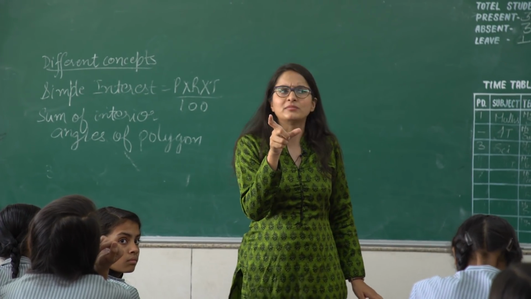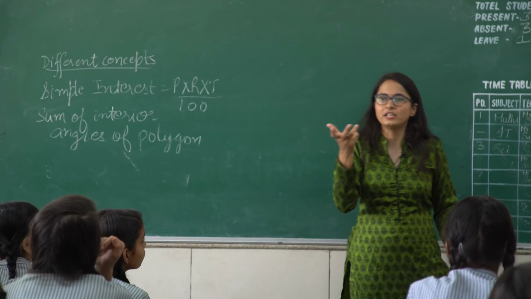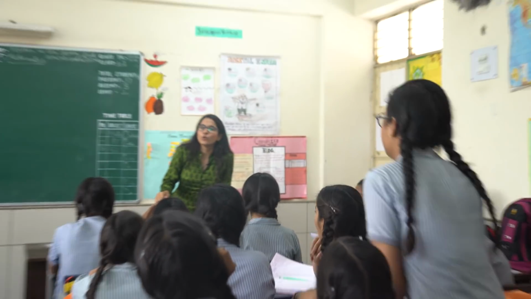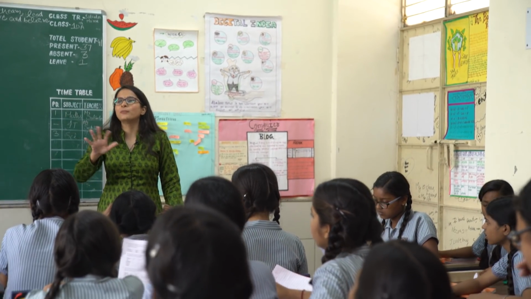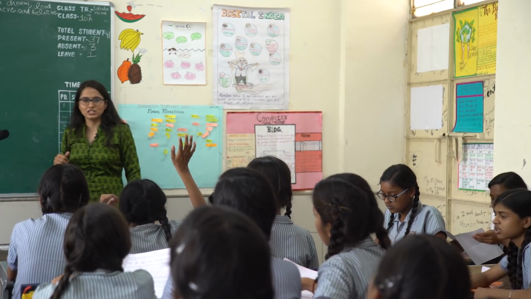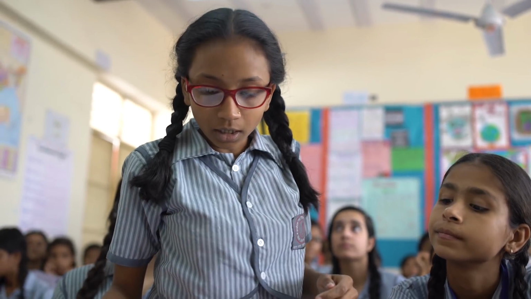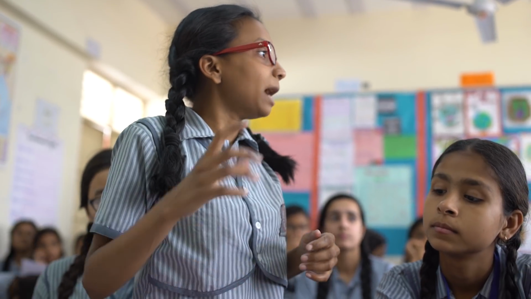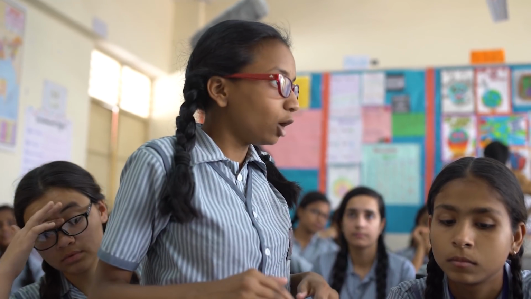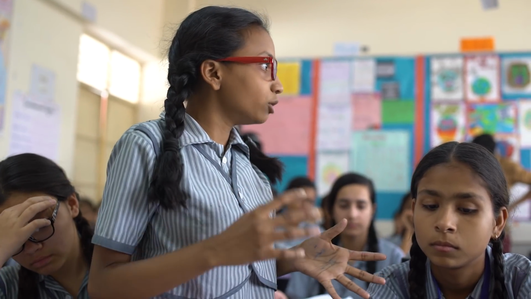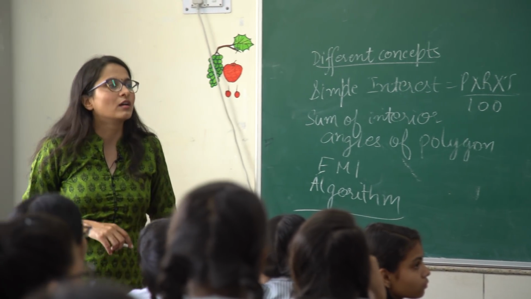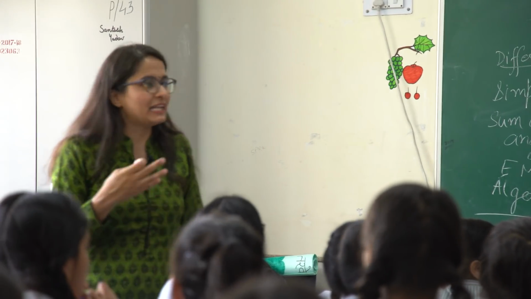There was one new term that was covered. I'm not sure if you were aware of it. Yes, Dipakshi? EMI. Who can tell me what EMI is? Very common on online platforms, Amazon, Flipkart. Yes, Sakshi? So it's equated monthly installment. If you buy something from Amazon and it costs, say, 10,000, you can't pay 10,000 in a month. So you will pay in small amounts like 500 per month. That's what an EMI is.